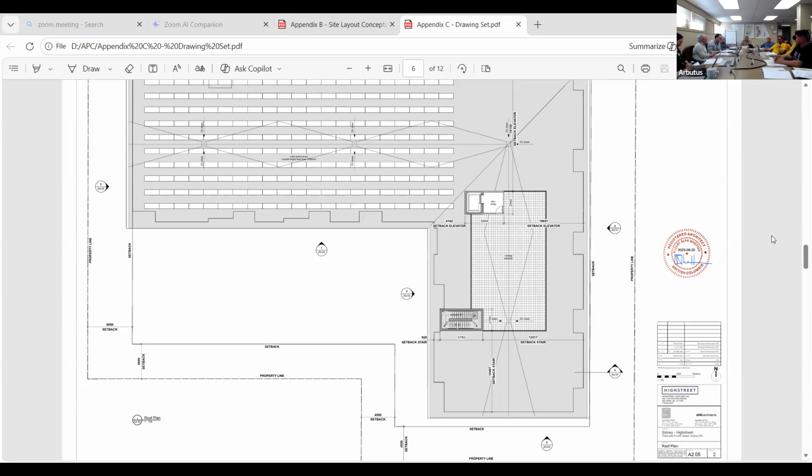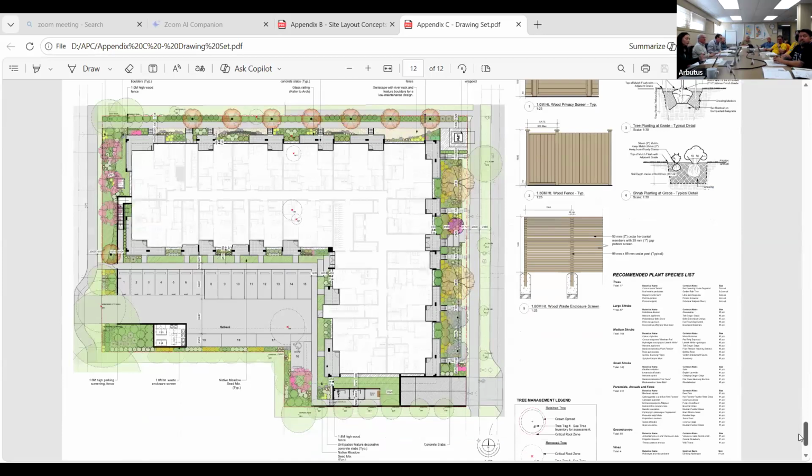Yep. And I tried to delay this to the end, but everybody else is taking a kick at this, so can we go to the landscape plan? So a couple of things on this. One is to reiterate David's comment, and I go back to the rendering you had.